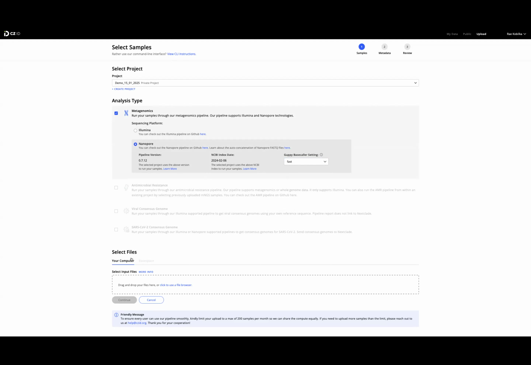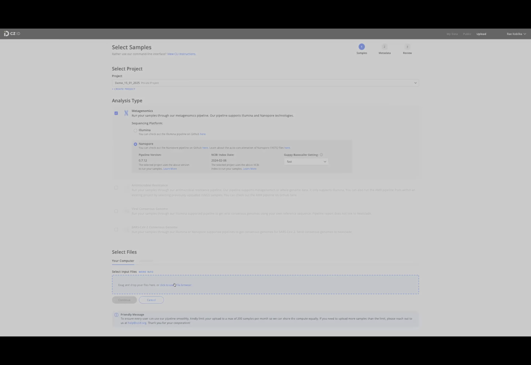So we can go on to selecting our files. You can either do that by dragging and dropping your files here, or just click to get them from a folder on your computer. So let me now give you an example. This is how the files are saved after receiving them